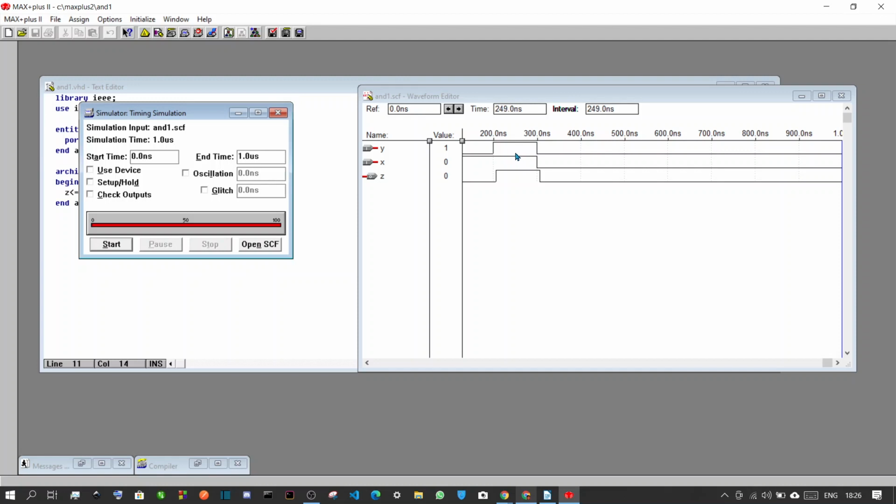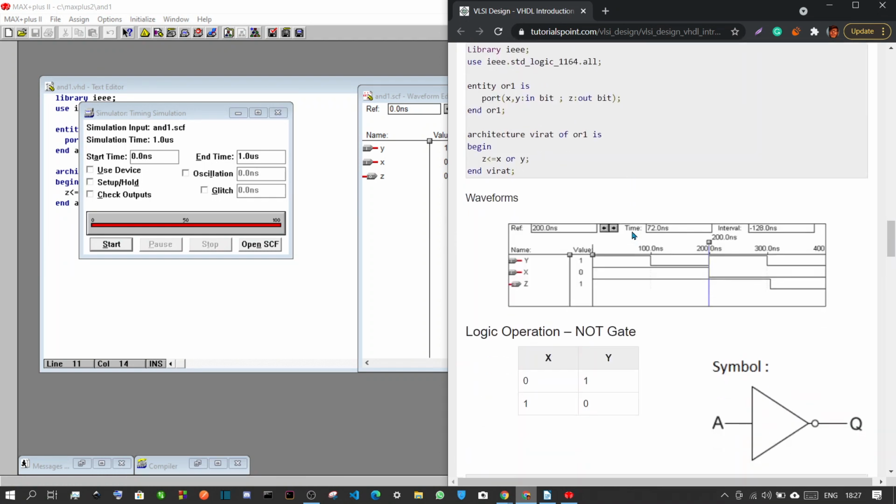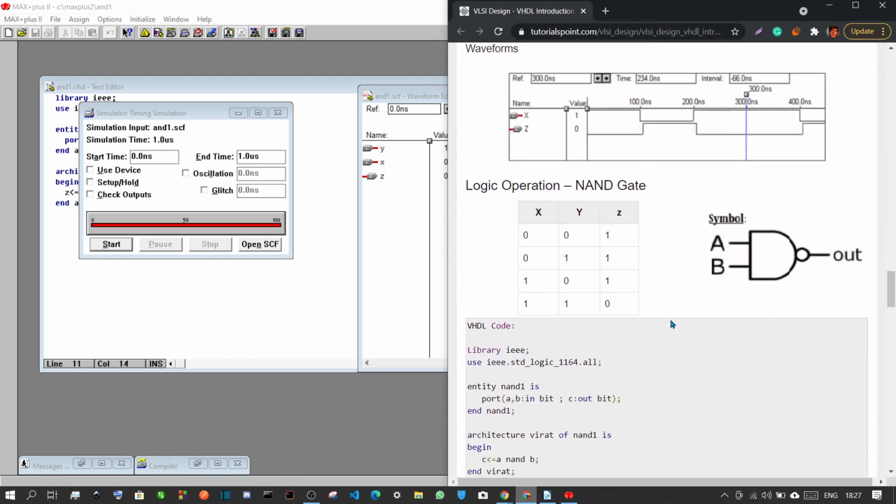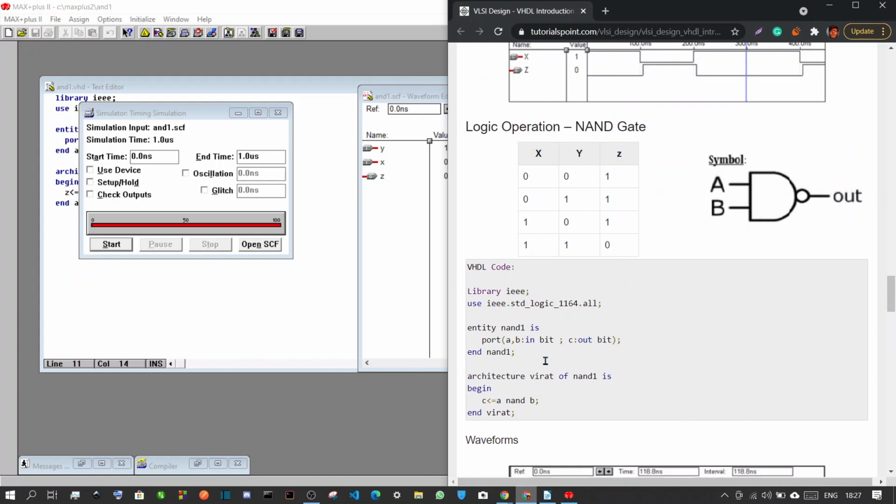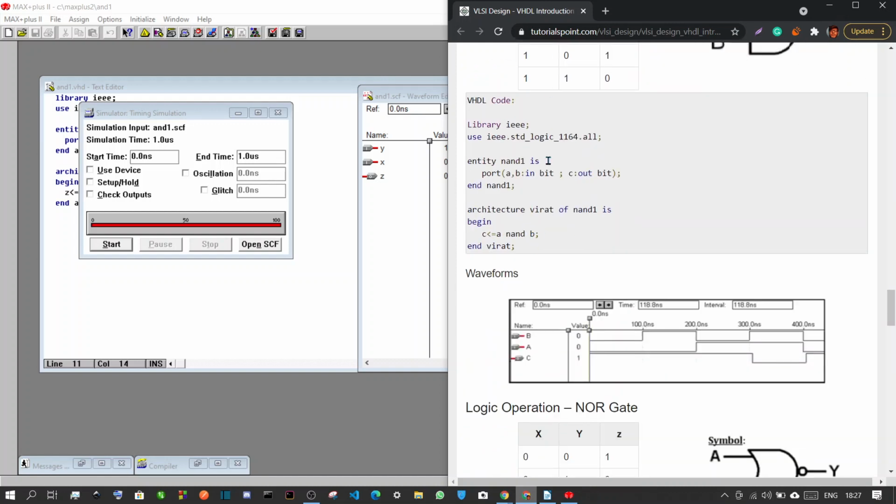This requires both inputs to be 1. Only then we will get the value of 1. So this is pretty simple, and you can implement this similar process for any kind of structure. You can put AND gate, NOT gate, NOR gate, XOR gate, and half adders, full adders. You can do whatever you want. You just have to put in the entities and architectures of those.